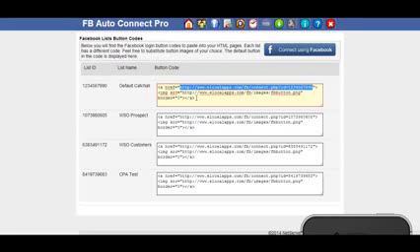Now once you've got a list set up and you've got the embed code added to any of your properties and you start to get some subscribers, you want to then send a message out to your subscribers. Now if we go to the autoresponder section,